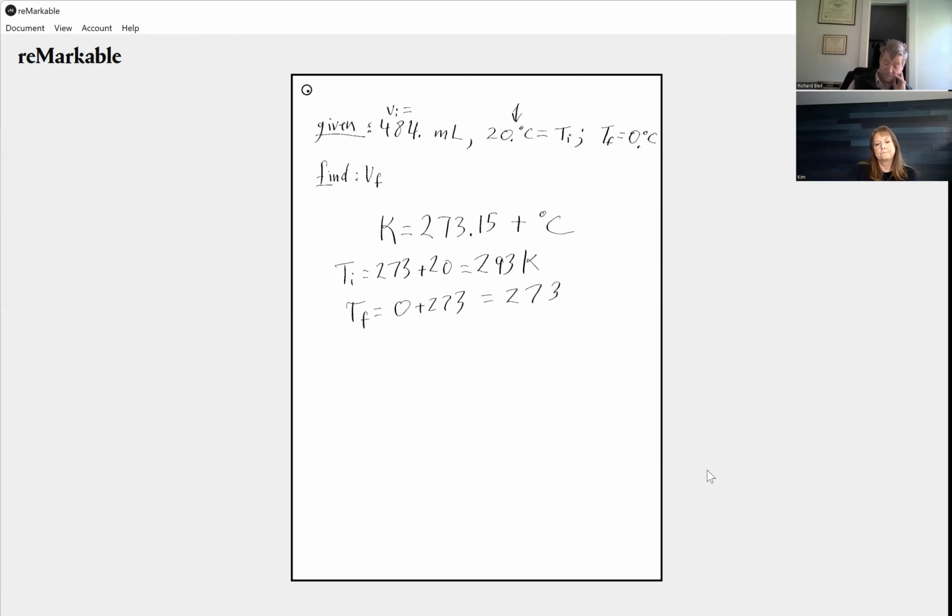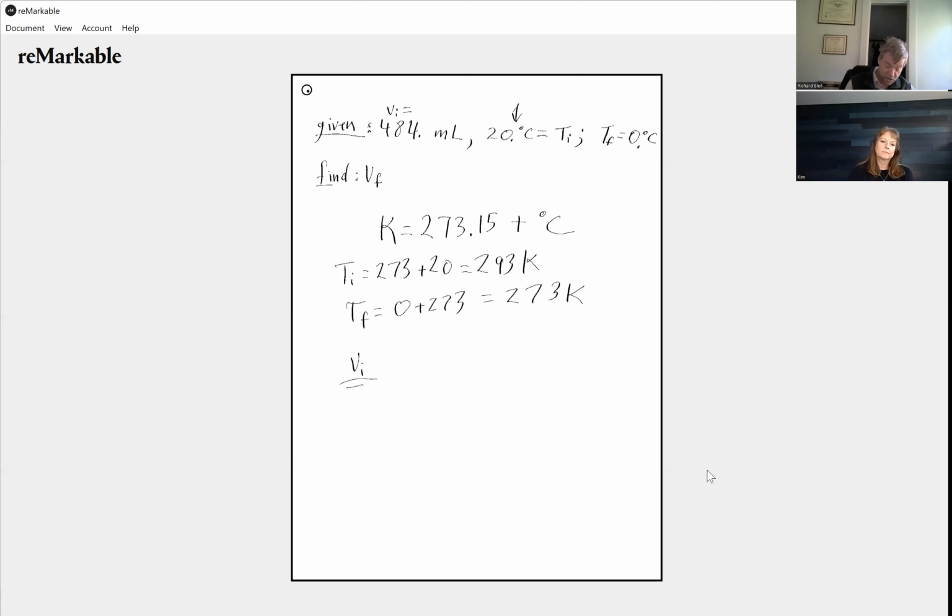Our final temperature is 273 Kelvin. And here's something very strange about significant figures. When you add or subtract significant figures, you can change the number of significant figures in the final answer. So we have increased both of these to be 3 significant figures in our final answer. 0 degrees Celsius is 1 sig fig. All of a sudden, it's 3. That's the way significant figures work. If you want to know more about why, you should consult a mathematician, because that has always blown my mind. But now